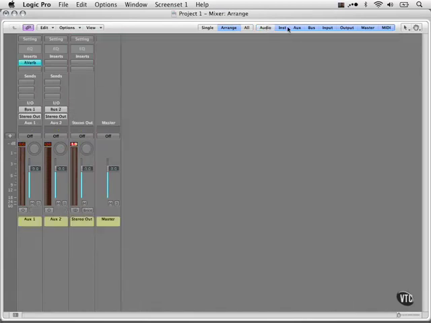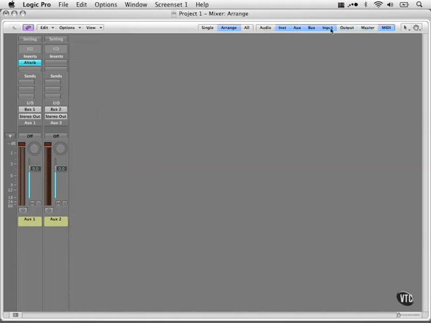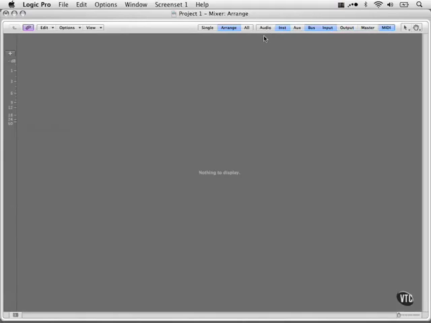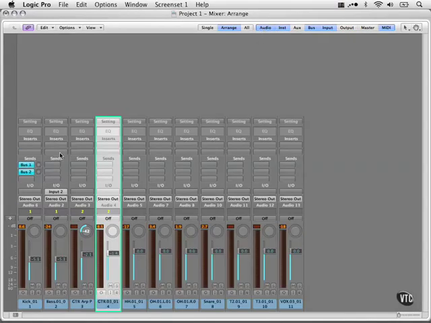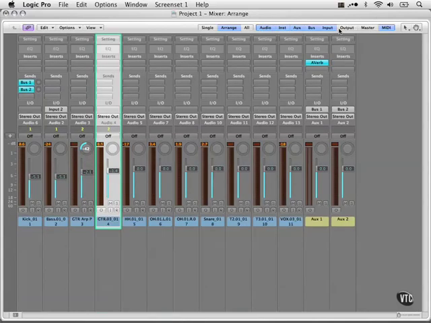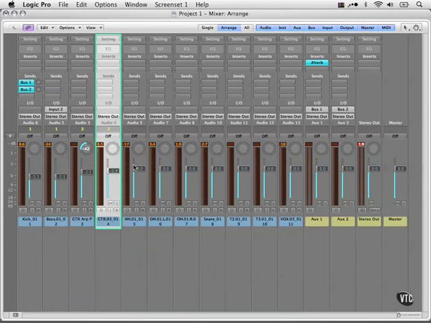We can also filter by all these different types. So we can see all the audio, turn them off in this case. And let's turn off the master. And let's turn off the outputs and the auxiliaries. And we should have nothing. Nothing to display. So we can turn on the audio if we want and see just those audio channels. Or we can click them all back on. And there we have them all back. So that's exactly what we're doing here, is just filtering different options with what we can see and what we can't. Pretty cool.